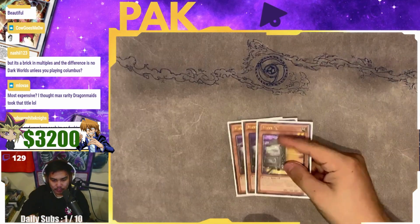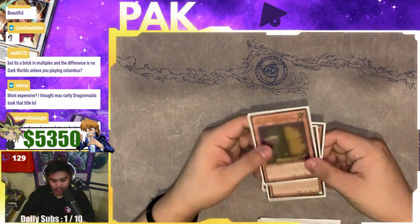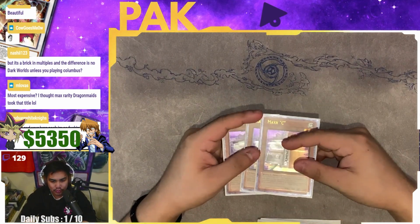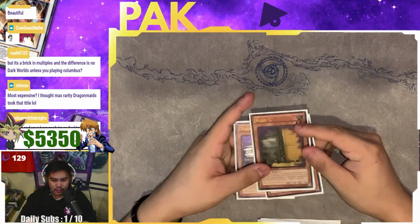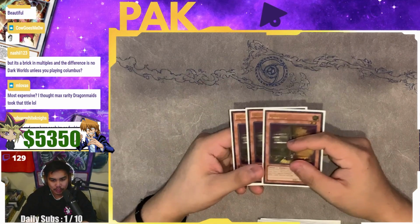For our hand trap, we're going to be playing 3 Maxi, a very iconic card during this format. This is essentially really strong in the plant mirror. It was a card that really rewarded good use. And when you use it correctly, it's such a strong card, because there are, especially